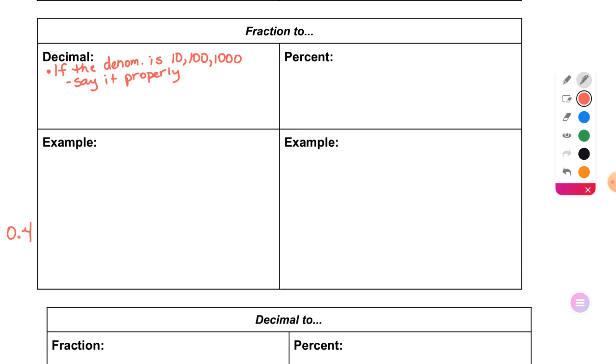So if the denominators are 10, 100, 1,000, those are the easy ones. Because if we can say it properly, and we know the first decimal place is the tenths, the second decimal place is the hundredths, the third decimal place is the thousandths, it makes that easier. As we do each one, I'm going to do an example showing that, okay? So let's do the fraction,